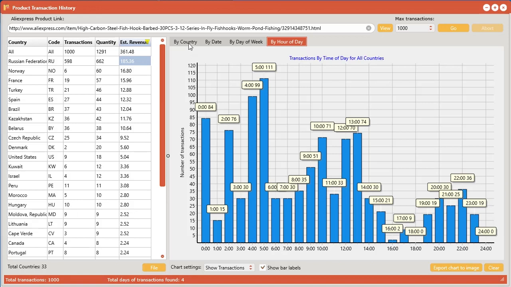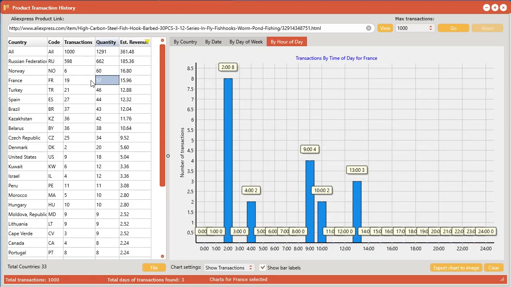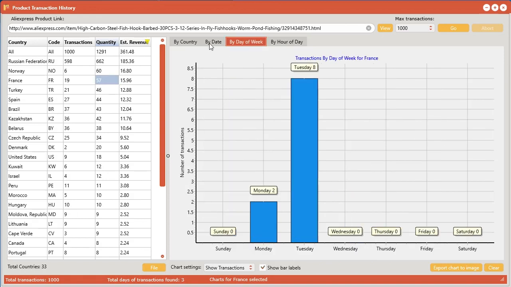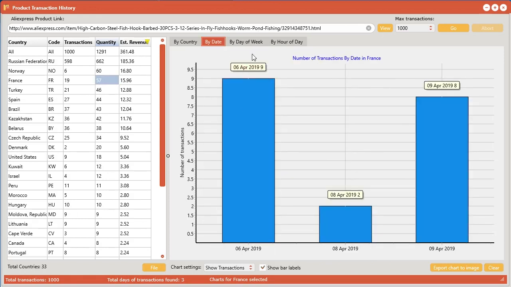Very powerful data. But not only that, we can also investigate individual countries for this particular product. Let's say we're only interested in looking at products from France. Simply double click that option in the data table, and the corresponding data will show up in the graphs. Now you can save this data inside of project files,